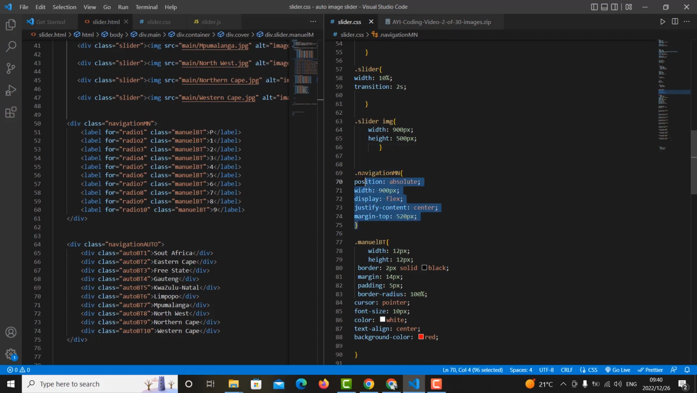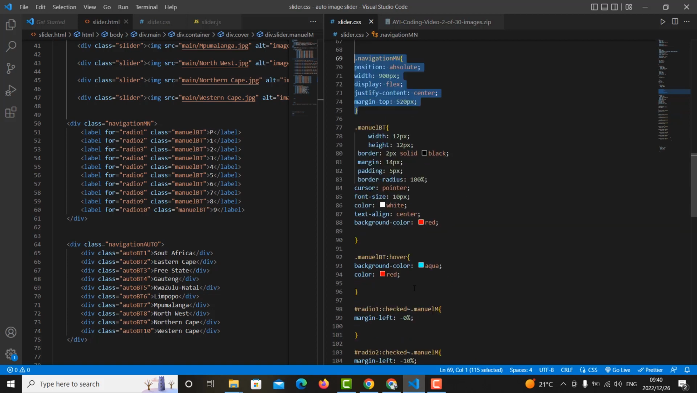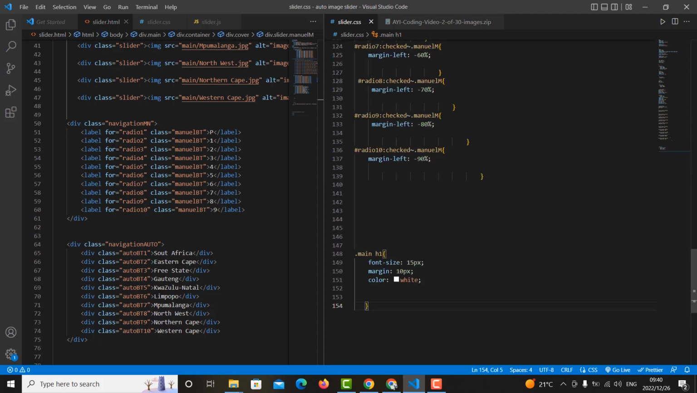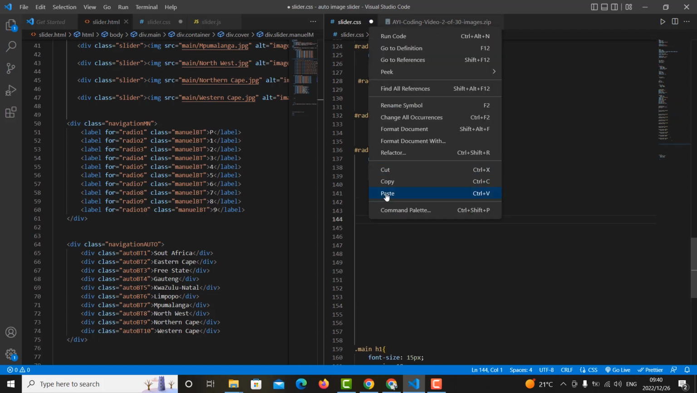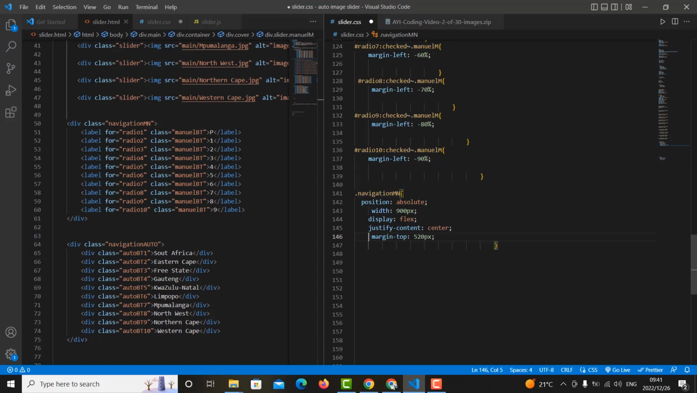So first, I'm going to copy all this. Copy this, and I'm going to come here. Let's move this down and then paste them. So now this is navigation auto. We want to display absolutely 900 flexible, everything is similar to what you did. The only thing now we're going to put 40. So now I'm going to copy this again,